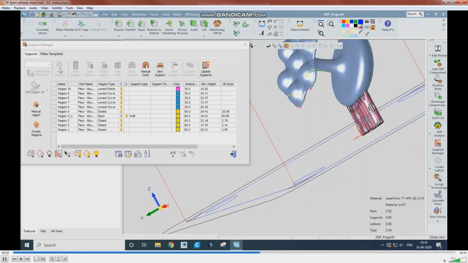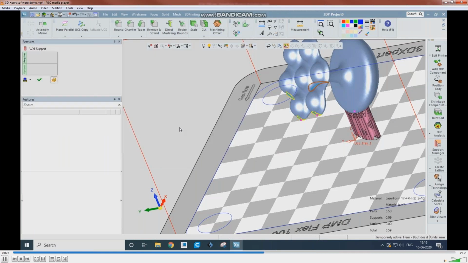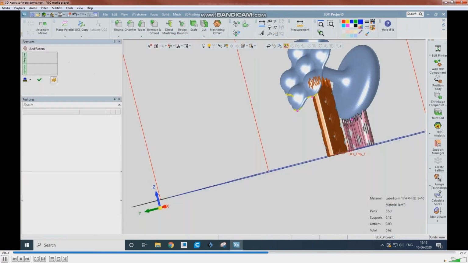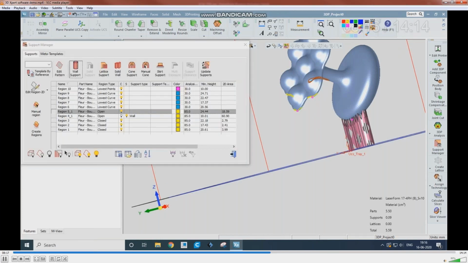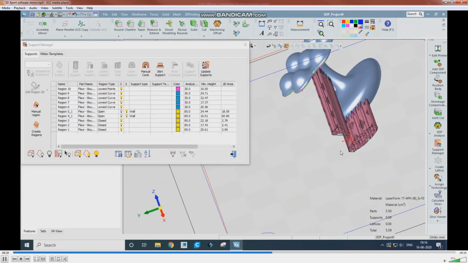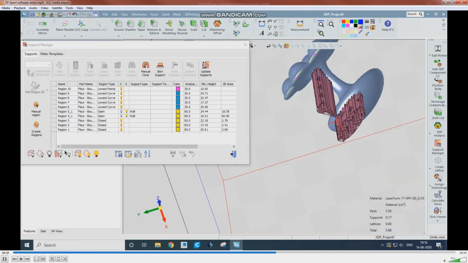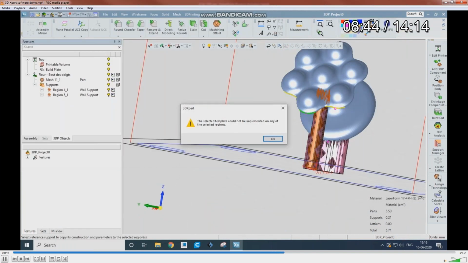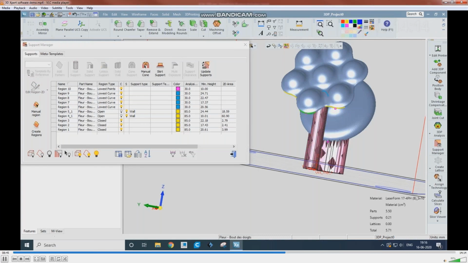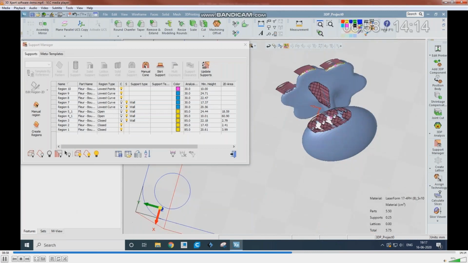So I have added the add button and then wall support. These two regions I have given. In the same way to the region 5. Same thing. Wall and support. Other sections are also provided with the support.